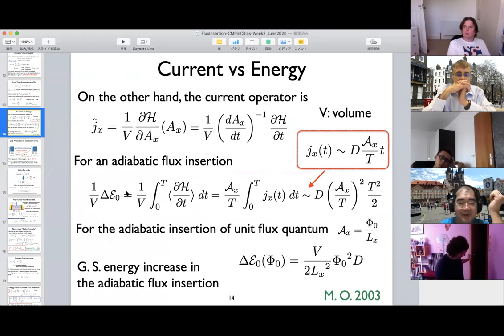But this relation is not totally trivial, because in general the wave function is also